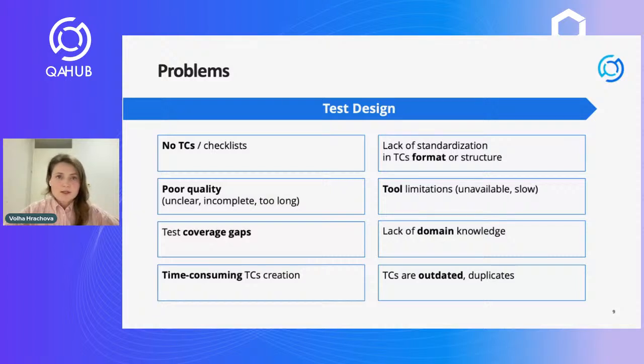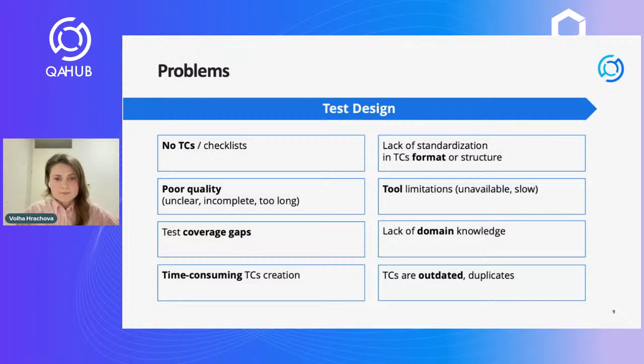Sometimes the issue is that the test cases are in different formats or structures, and team members are creating different kinds of test cases. When we have regression and are switching, so I'm executing test cases from other team members and vice versa, there may be questions or the structure can be different, so